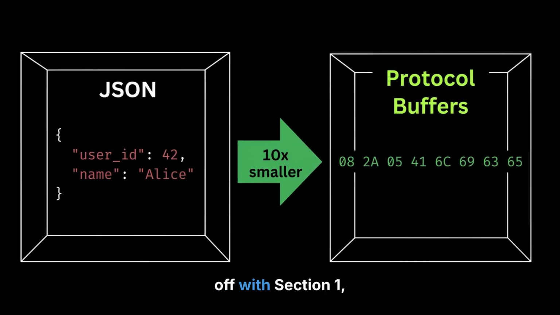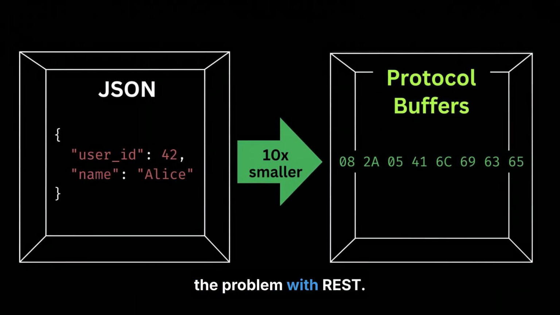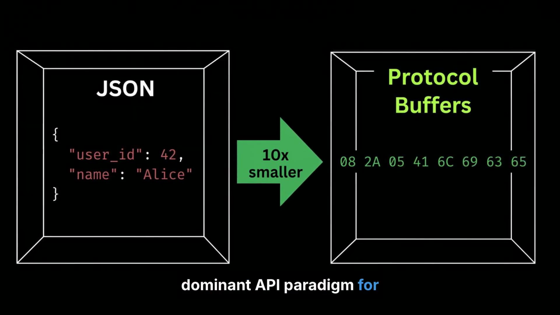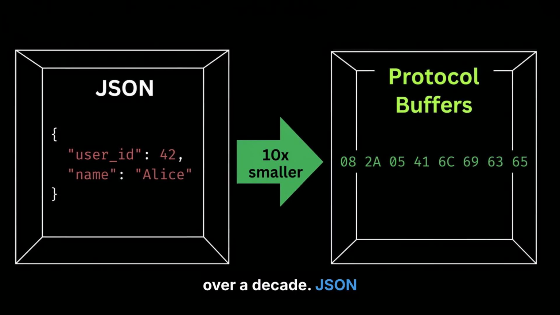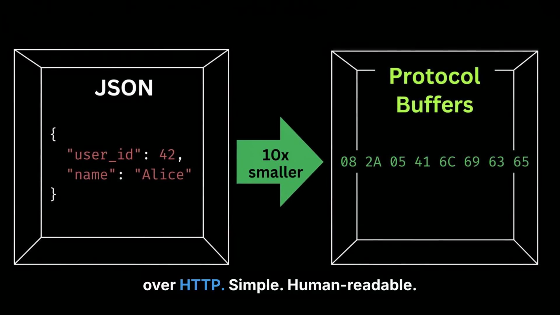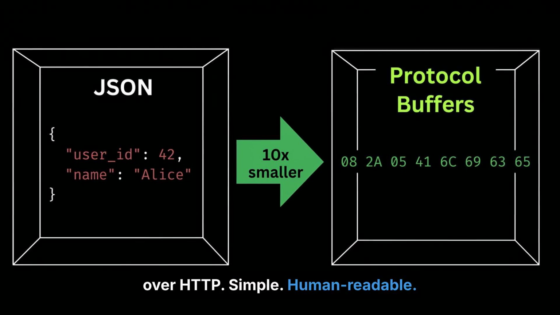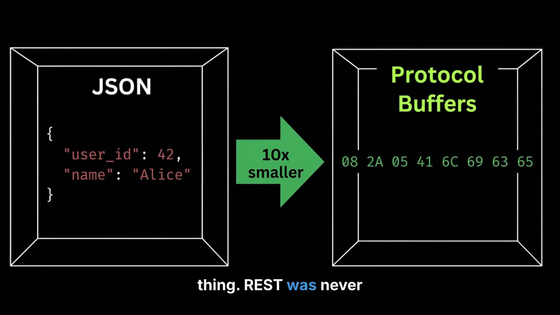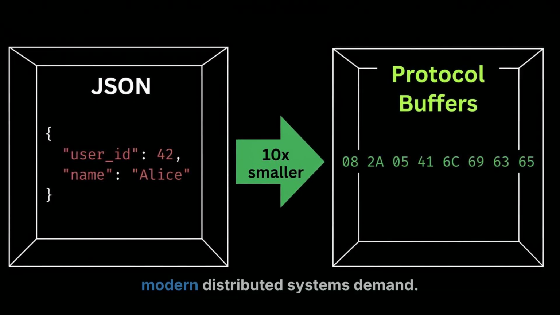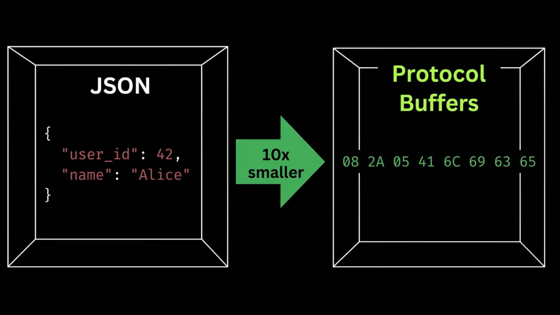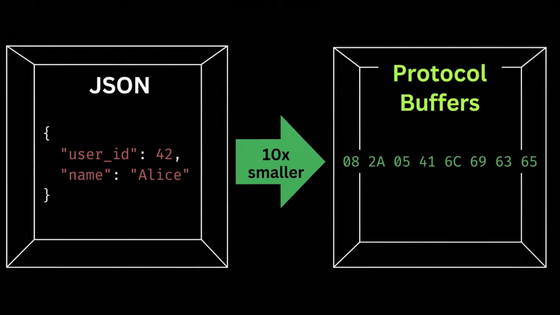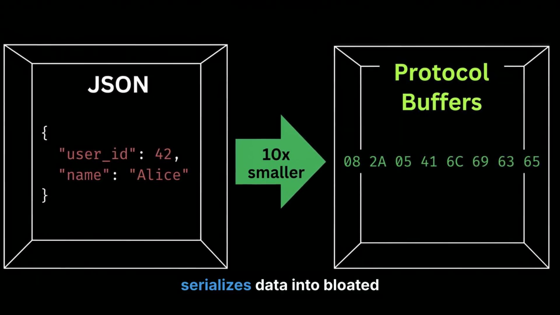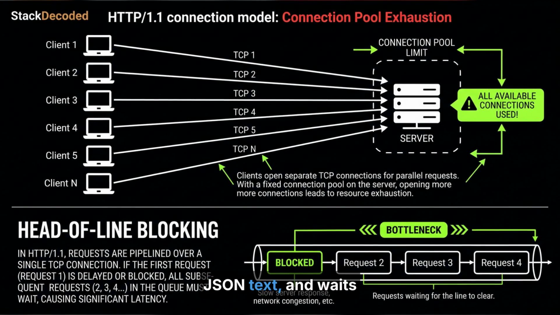Let's kick things off with Section 1, the problem with REST. REST has been the dominant API paradigm for over a decade. JSON over HTTP. Simple, human-readable, ubiquitous. But here is the thing. REST was never designed for the scale modern distributed systems demand. Let that sink in. Every REST call opens a new TCP connection, serializes data into bloated JSON text, and waits